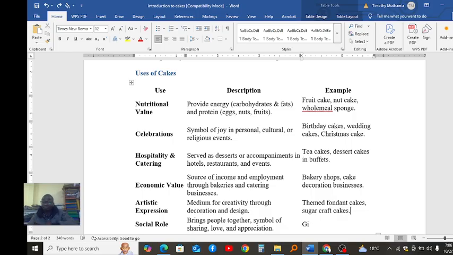Then we have the wholemeal sponge. Then cakes are also used for celebrations. This is a symbol of joy in personal, cultural, or religious events. When you're having events, you can have a cake as a symbol of joy, where people can celebrate by cutting the cake. And these include birthday cakes, wedding cakes, and Christmas cakes, and many other events nowadays. Even anniversaries, and even corporate celebrations of achievements in their businesses,